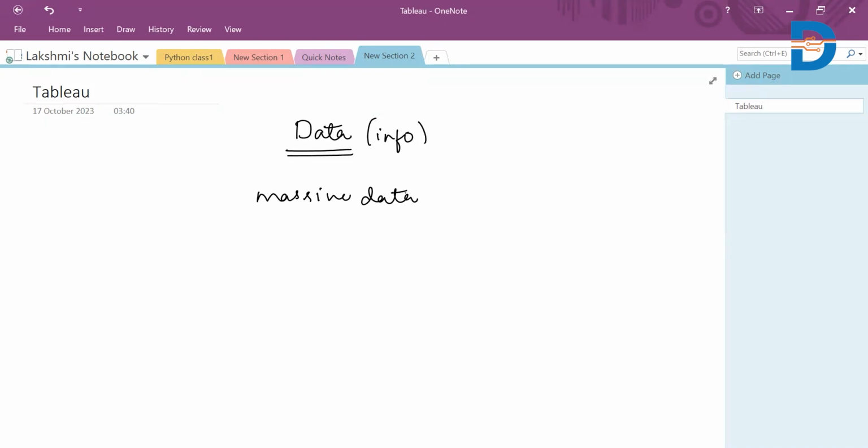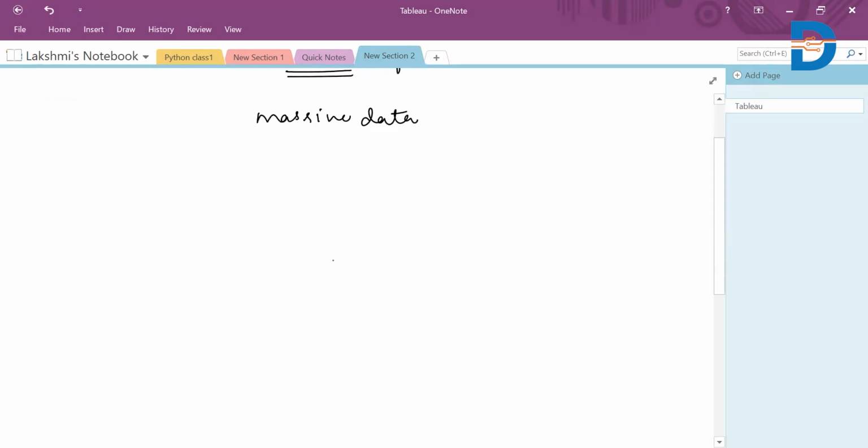So storing the data, analyzing what is happening in the data, getting the trends, and then interpreting the patterns is very important for any business organization or stakeholder in order to come to a conclusion or take any decisions, right? Don't you all agree?